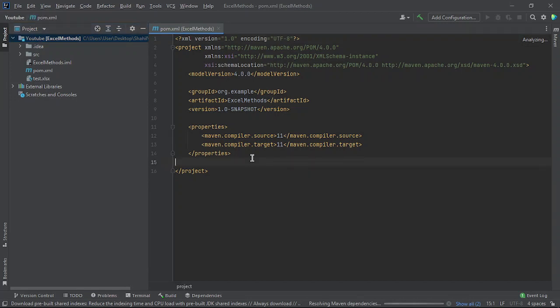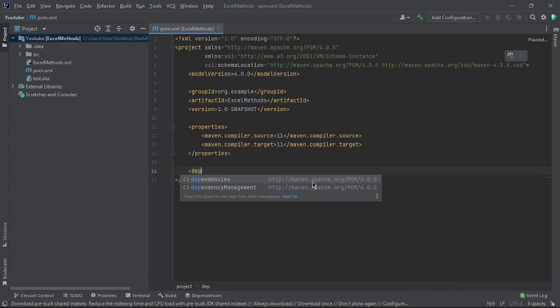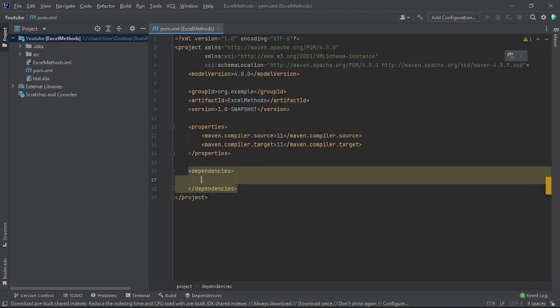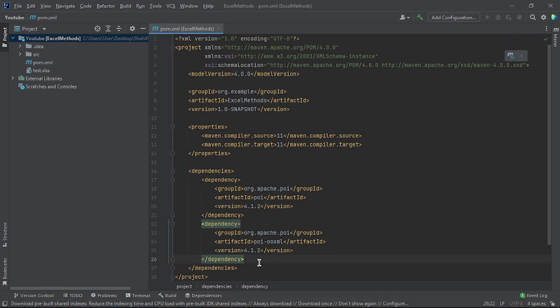And as the program loads up, we are going to the pom.xml file, and here I'm going to write dependencies. Let me just check these dependencies, and then I'm going to paste it. This line of code is given in the description box, so you can go there and copy it. Now we have to load Maven changes, and then it is going to automatically download all the files